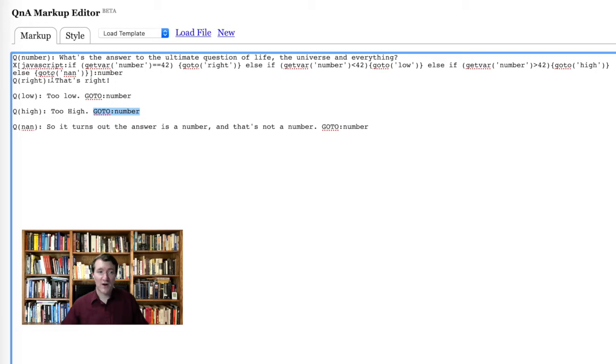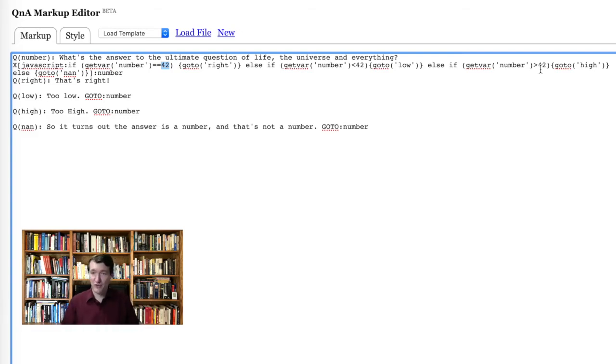And then we have this interesting case where it says else, if the output is NaN. Okay, so that's something you might see sometimes. It means not a number. It's saying else go to NaN. NaN stands for not a number. So basically, if this tries to evaluate whether or not it's equal to 42, less than 42, or greater than 42, and it can't evaluate that,